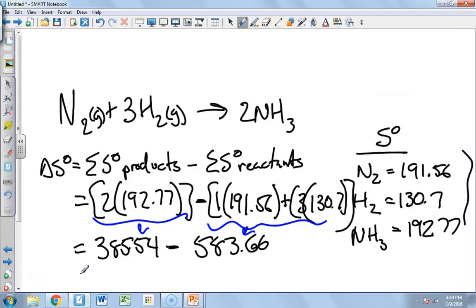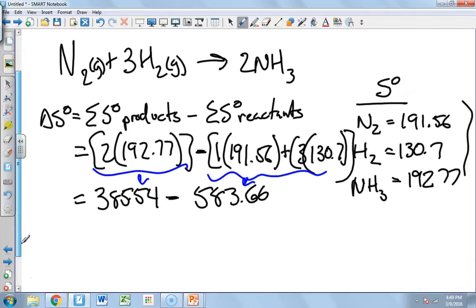I'd rather not let the math get in my way. My college professor just killed me on this. Actually, I'm the one that made the mistakes, because I didn't do it slowly enough, and I'm the one that ended up getting wrecked. Okay, but whatever. 385.54 minus 583.66, and we get an answer of negative